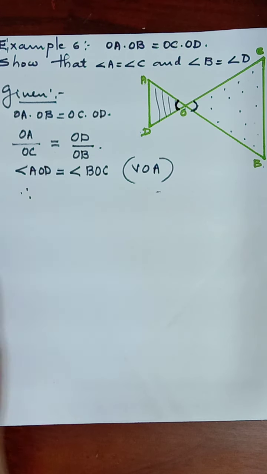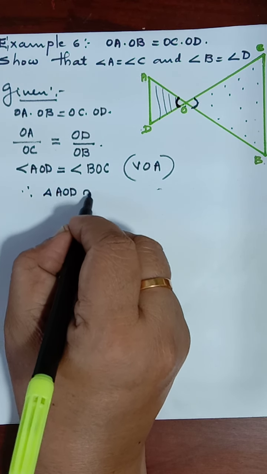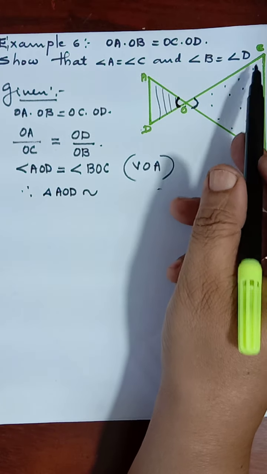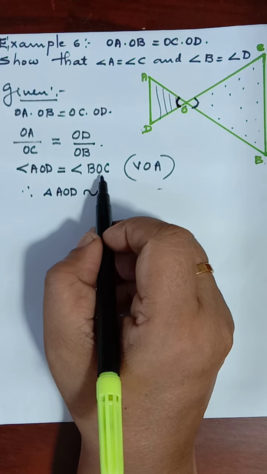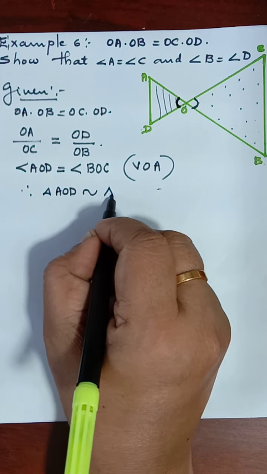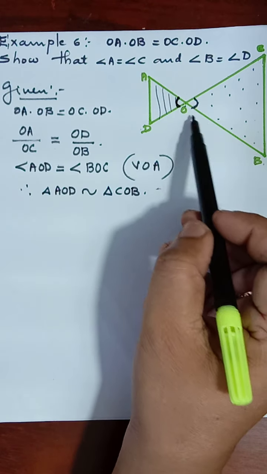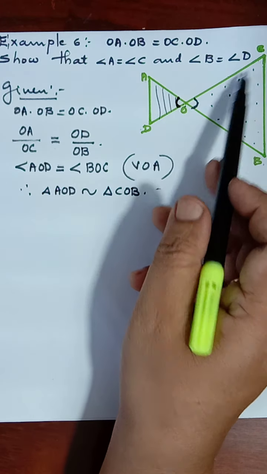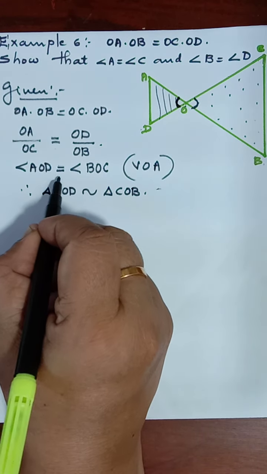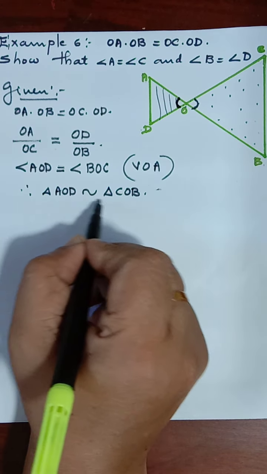As I told you, first triangle as you like you can write triangle AOD. Triangle AOD similar to triangle COB. COB, that is better. Triangle COB. Because angle AOD, angle COB equal, AO by OC equal to OD by OB. So BOC can be written as COB also. Therefore, AOD similar to COB. This arrangement should be correct.